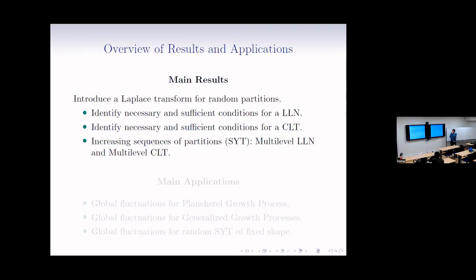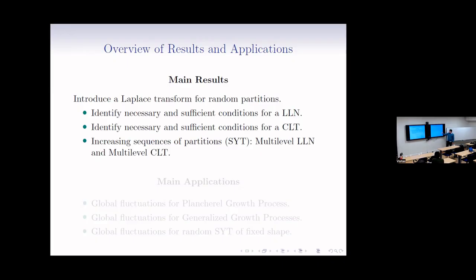The results I'm going to talk about, not all in full detail today, are the following. First, we're going to identify necessary and sufficient conditions for low order numbers. Actually, first, I'm going to introduce a Laplace transform for partitions, some kind of object which plays the role of the characteristic function you have in probability, but more adapted to partitions. And with this object, it's very nicely behaved, just as you expect from a characteristic function. You have a necessary and sufficient condition for a law of large numbers, and a necessary and sufficient condition for